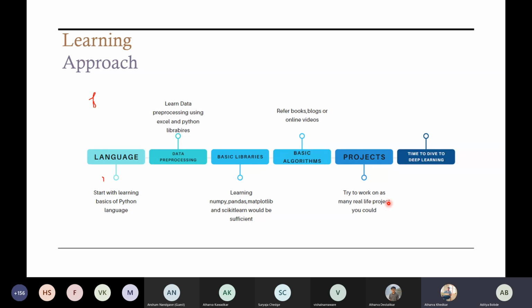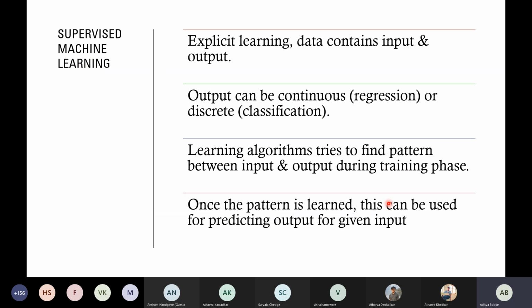So okay, we'll be focusing on the topic which we have seen earlier, that is supervised machine learning. So what does supervised machine learning do? It has the data inputs and output labels. The output can be continuous, as I told you; continuous values means your height, your weight. Or discrete values; discrete values means yes or no, whether you will buy it or not.